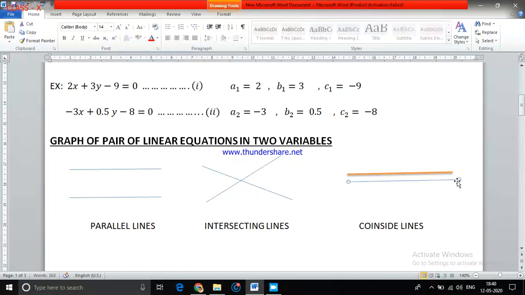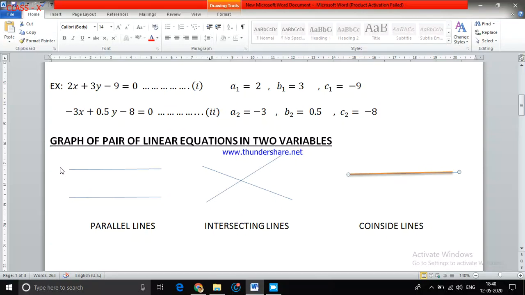And if you observe here, one line is overlapping the other line. I have one blue color line and one red color line. So here one equation lies completely on the second equation. That means both the lines will go one upon the other. Those are called the coincident lines. That means the first equation you represent gives one straight line. Now when you represent the second line, it comes exactly the same as the first line. So that's why one comes upon the other. So we call them coincident lines.